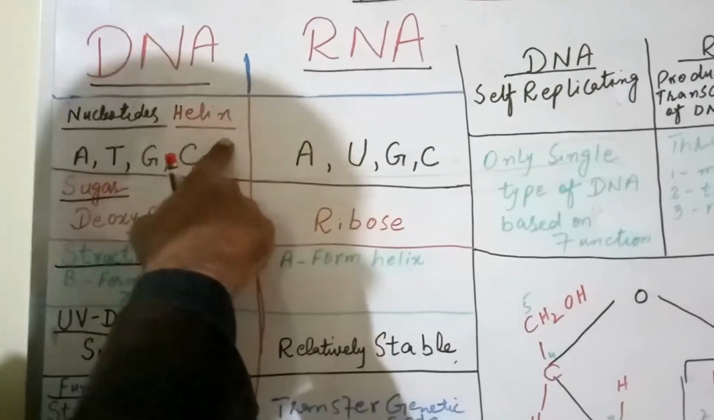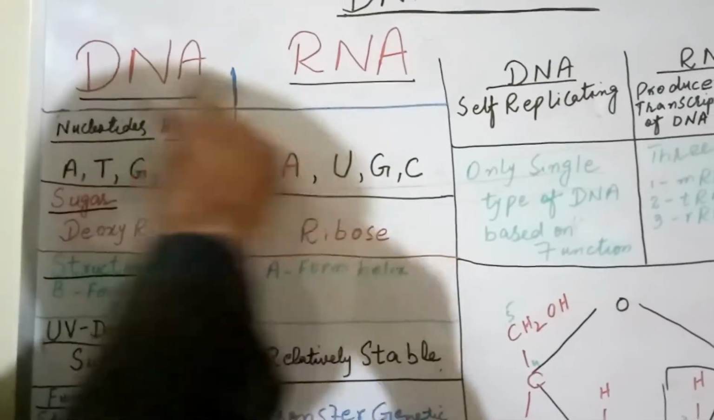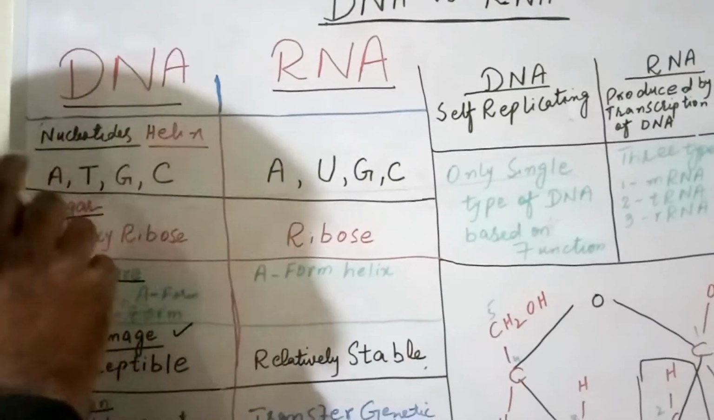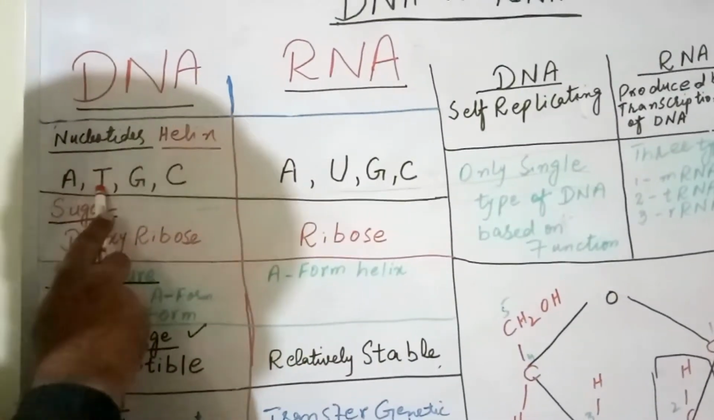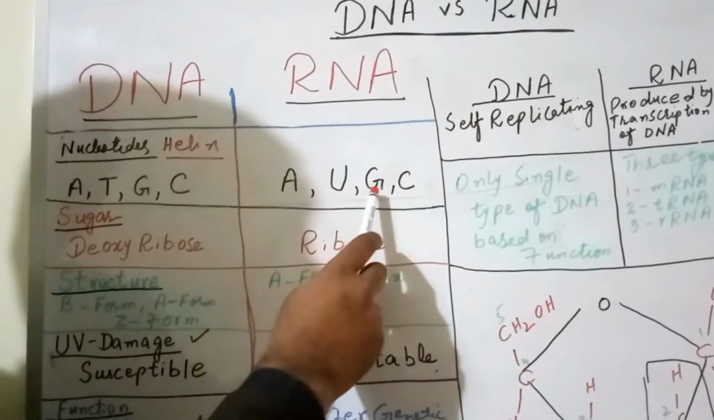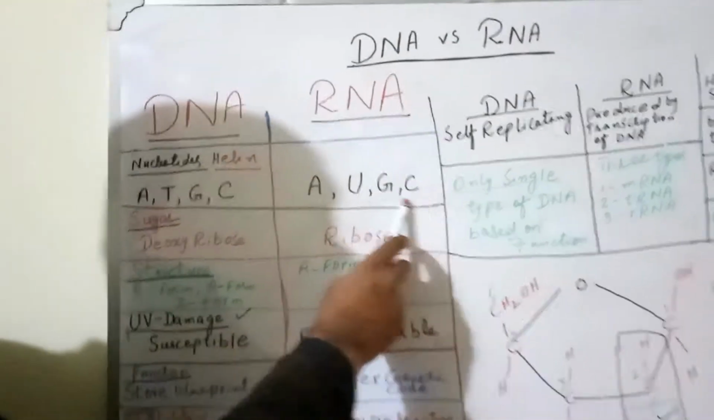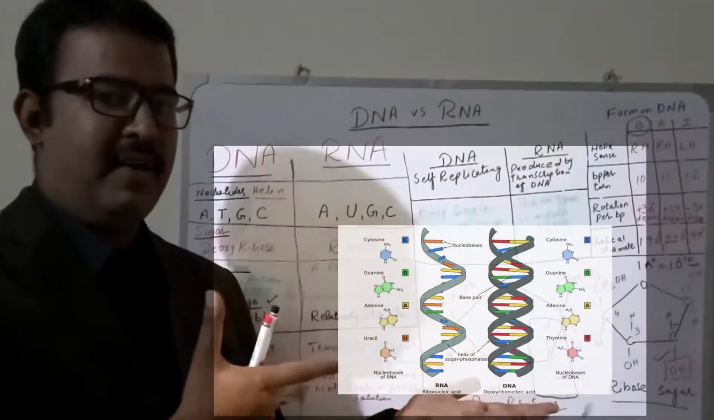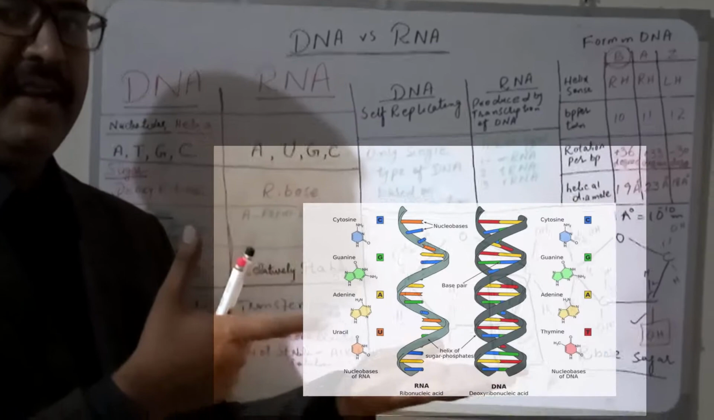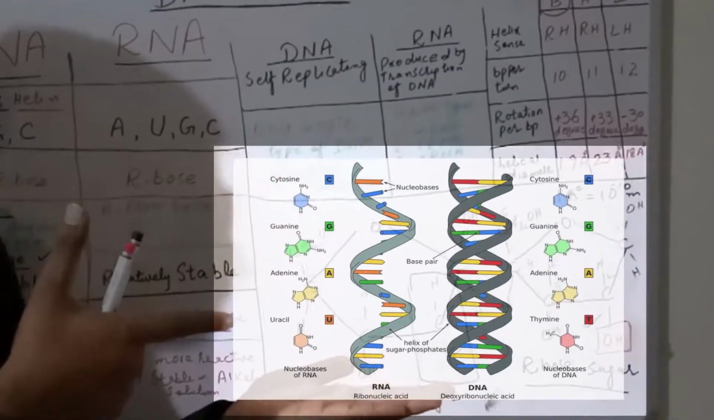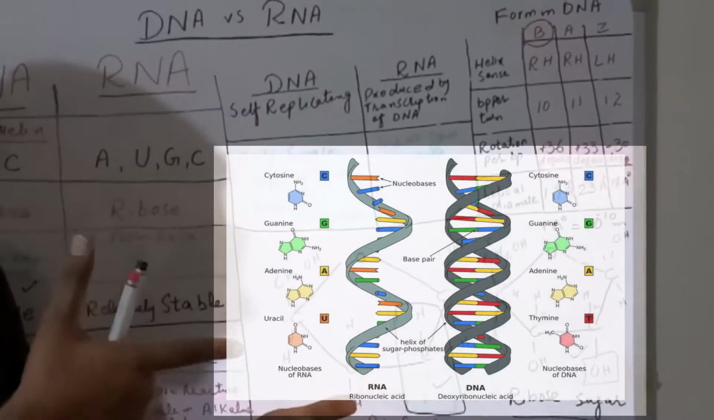DNA is basically a double helical structure while RNA is basically a single helical structure. DNA has four types of nucleotides: adenine, thymine, guanine, and cytosine, while RNA has adenine, uracil, guanine, and cytosine. It also has four types of nucleotides. You can see the diagram of DNA and RNA. DNA is double helical while RNA is a single helical structure, and the biochemical structure of their nucleotides is also